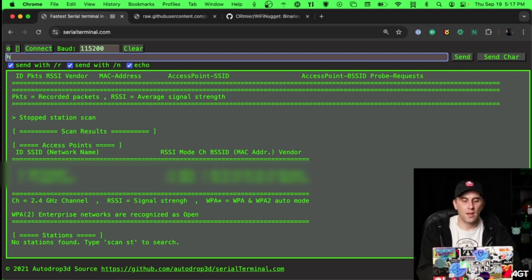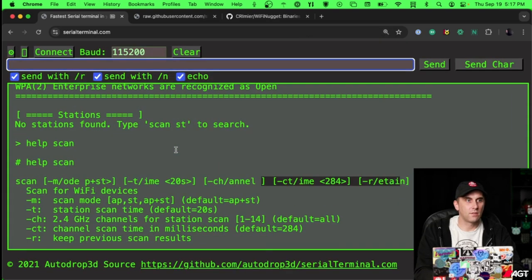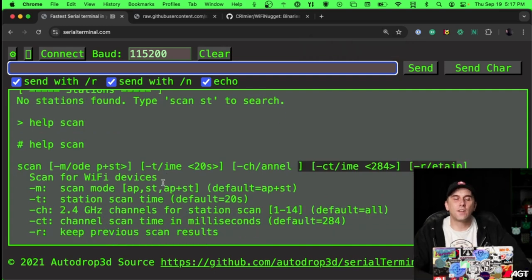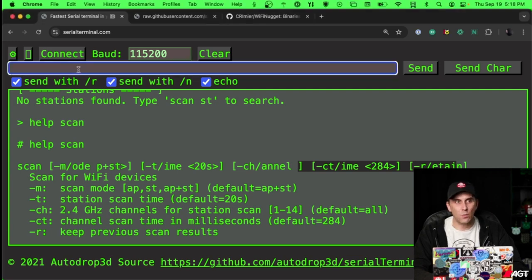So if I type help scan and amplify the results a little bit, I can see that we have a number of different, let's just say, levers we can pull and move around in order to improve the results of our scan. So how do we build an optimized scan? And what do these levers mean? Well, these are flags, and we can use them to modify the way that the scan works. So if I say scan and then start using some of these, like -M,